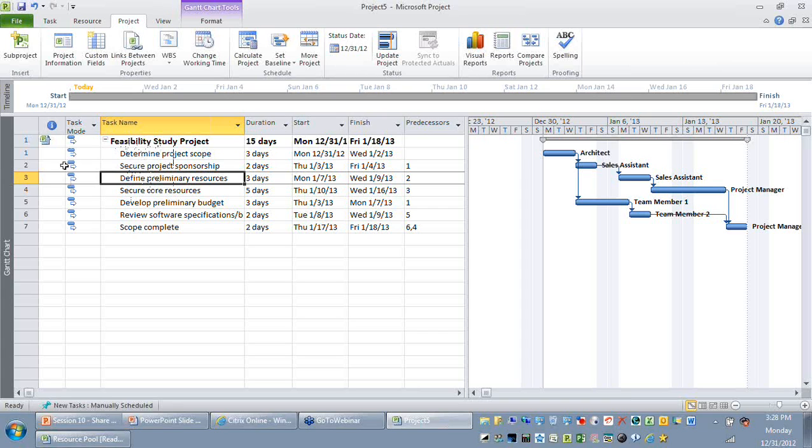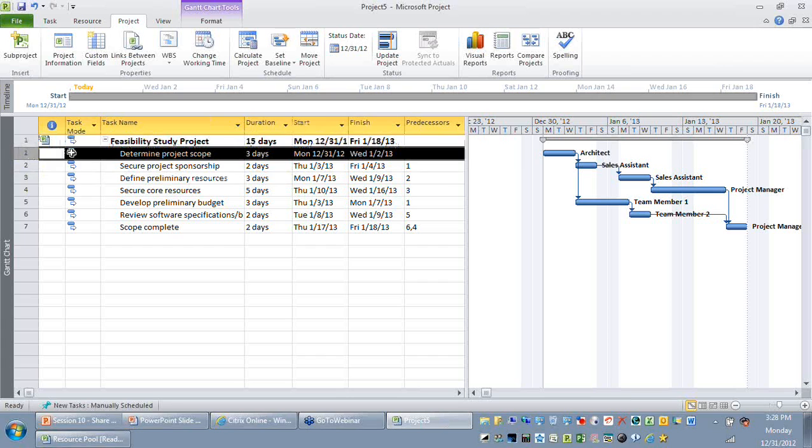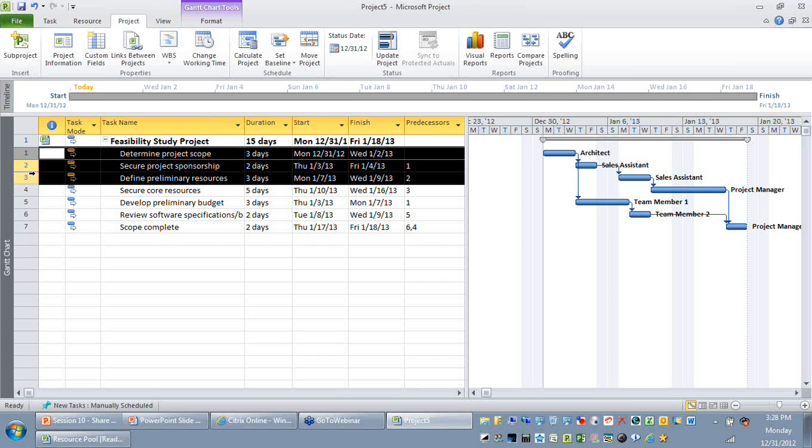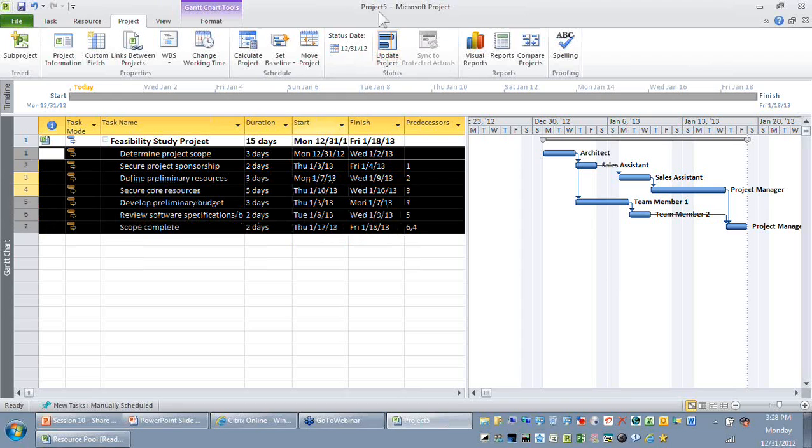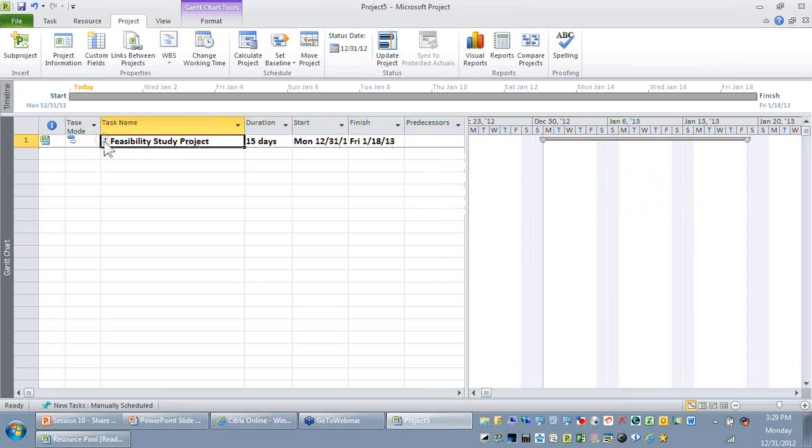Once you have embedded it into this current file, you can also see that you have some duplication of row numbers. So it might look like a duplicate, but just understand that these activities are not part of this program, but these activities are part of the feasibility project. So though it might look like duplicate numbers, the 1 to 7 is not part of my active project, but it is part of my feasibility study. So you have only one activity here called feasibility project.